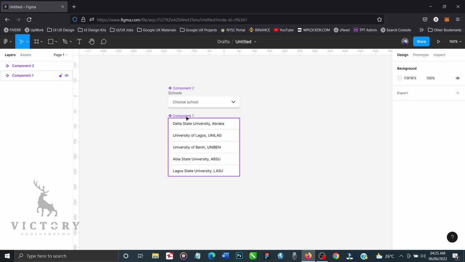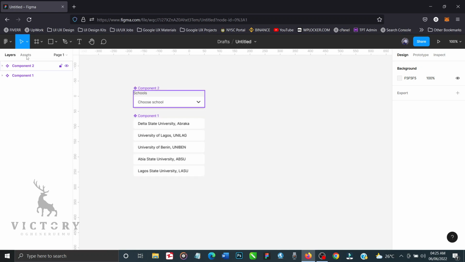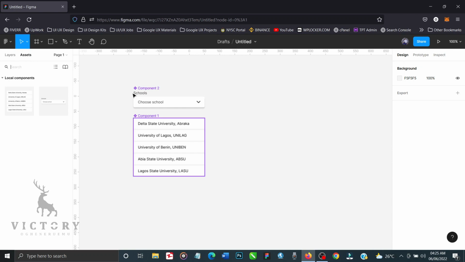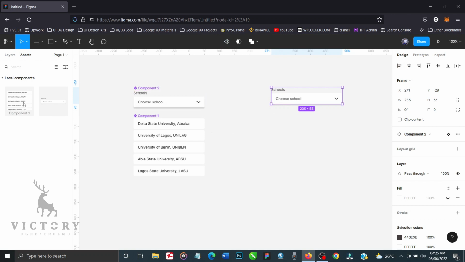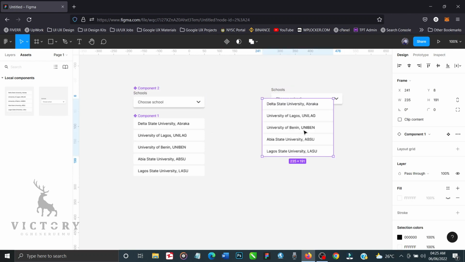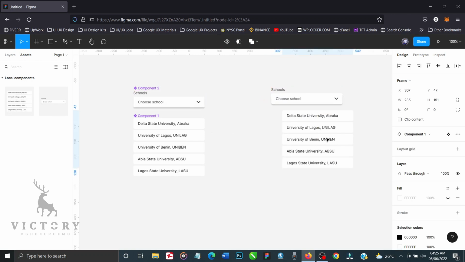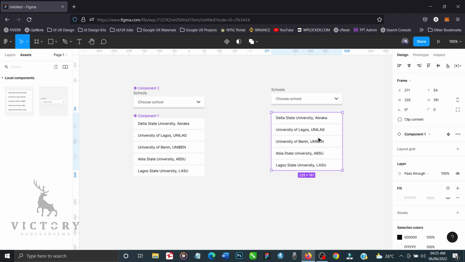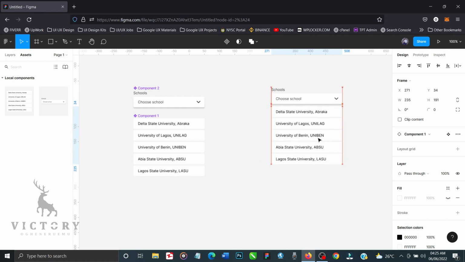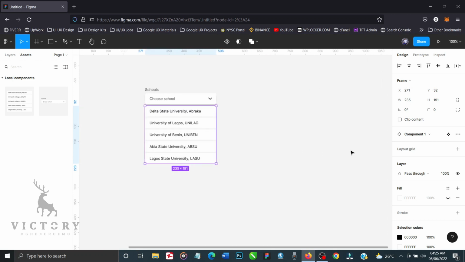and then let me bring an instance of the two from my assets folder, because these are the master components. I'm not going to be designing with this. I'll be using the instances. So I'm bringing an instance of this and an instance of this, and align both to the center vertically, shift this to the top,